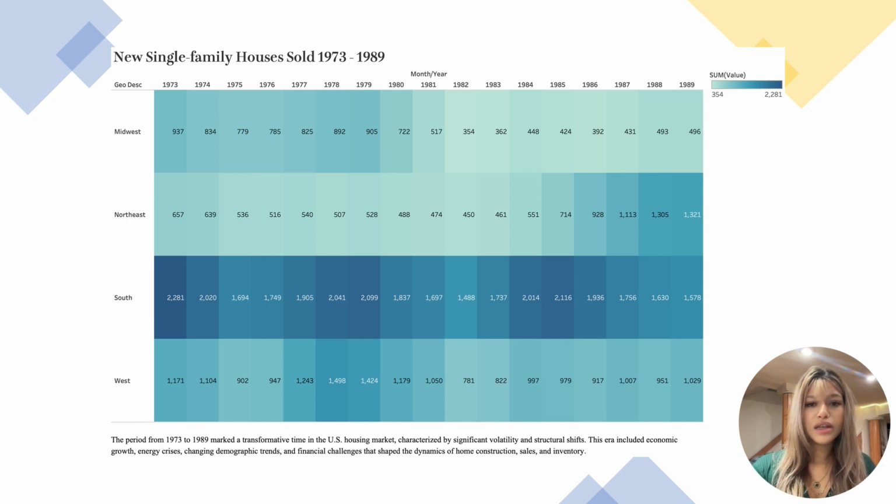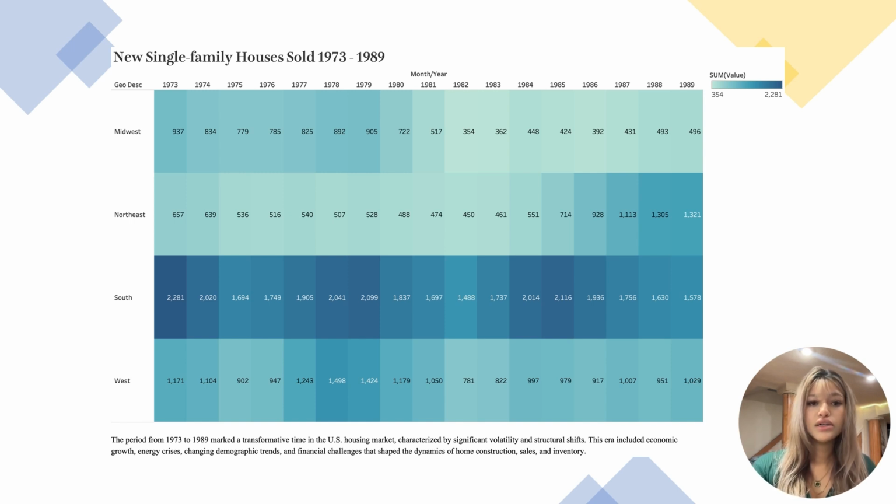The South dominated sales during this period, reflecting rapid population growth tied to the Sunbelt migration. Factors such as warmer climate, lower taxes, and affordable housing made this region highly attractive. Similarly, the West saw steady growth, particularly in California, as suburban expansion and the rise of the tech industry boosted housing demand. In contrast, the